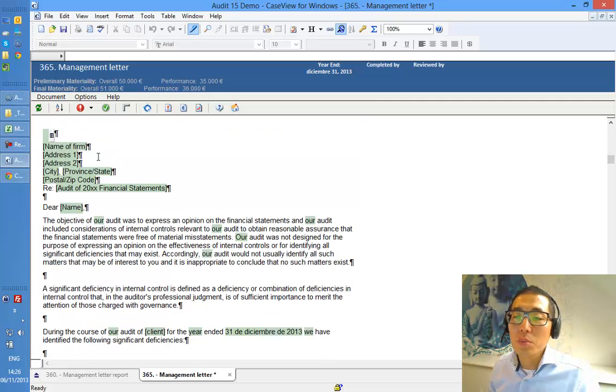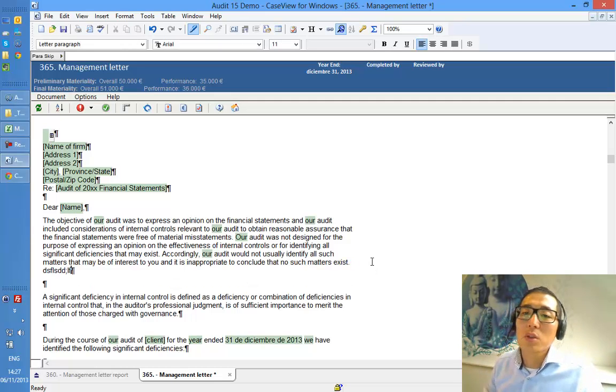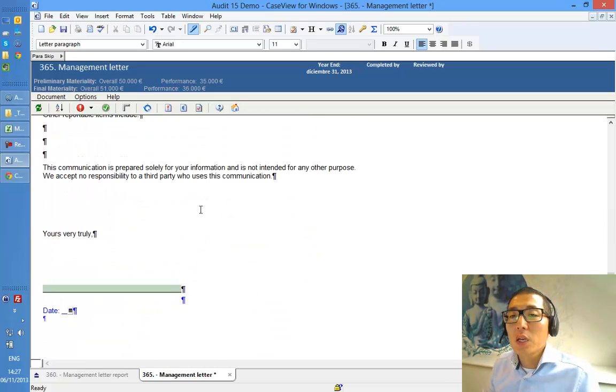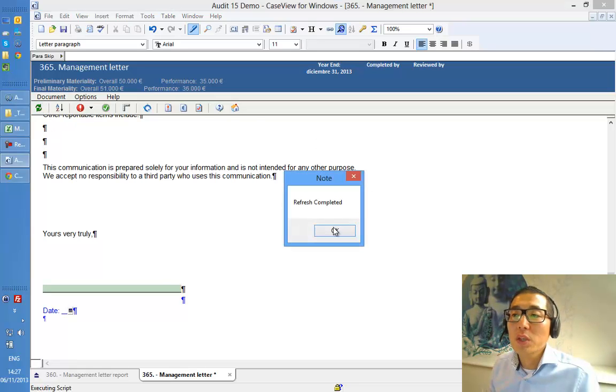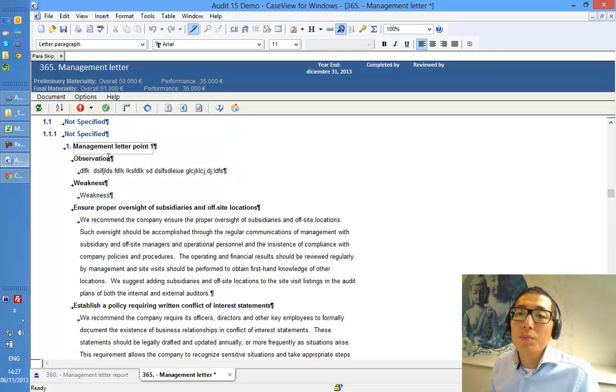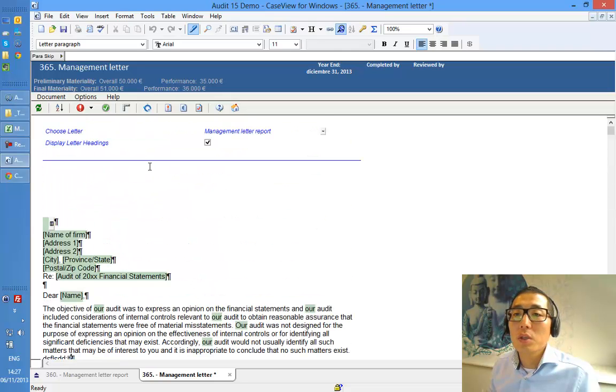It starts with some introductory text header. This is something you can modify quite easily. It's just text, so you can do that at the template level, then it will be there for all users in their engagement files. If I hit this refresh, that will actually bring in my data from the